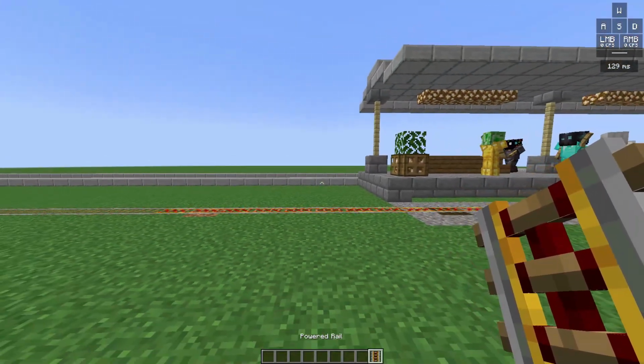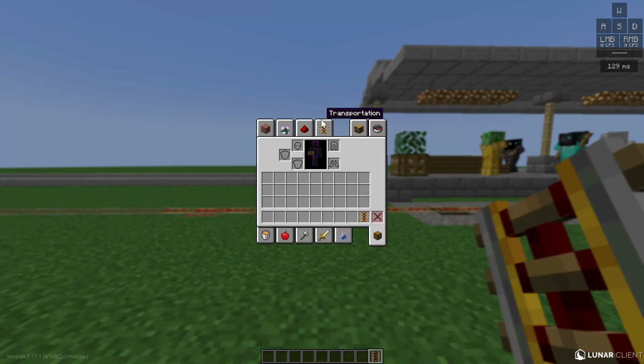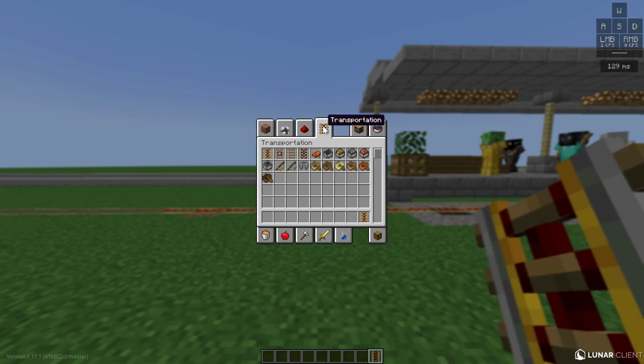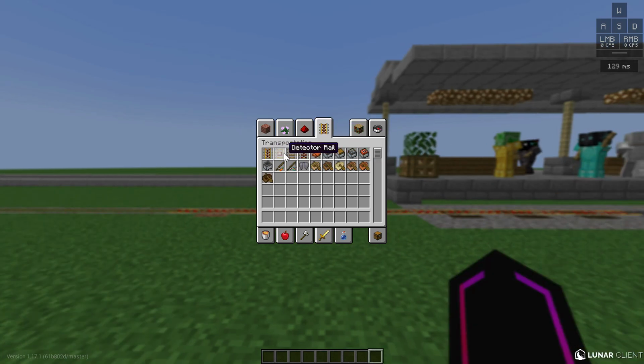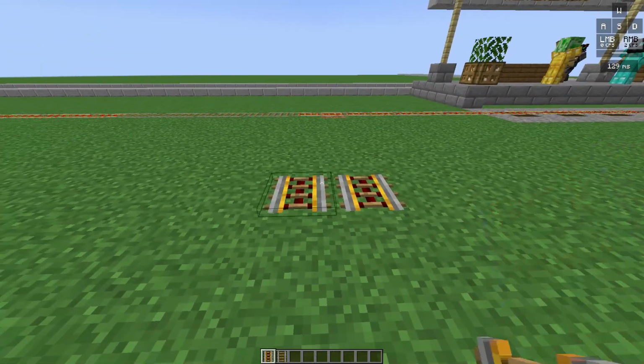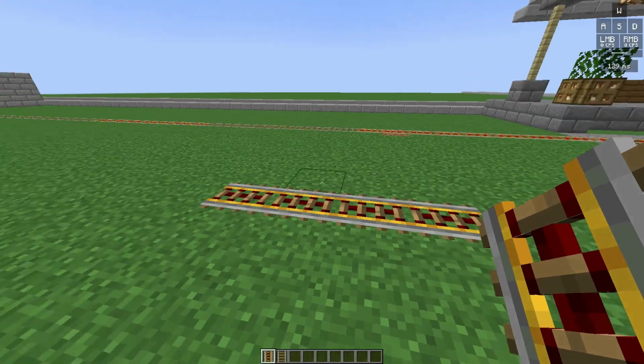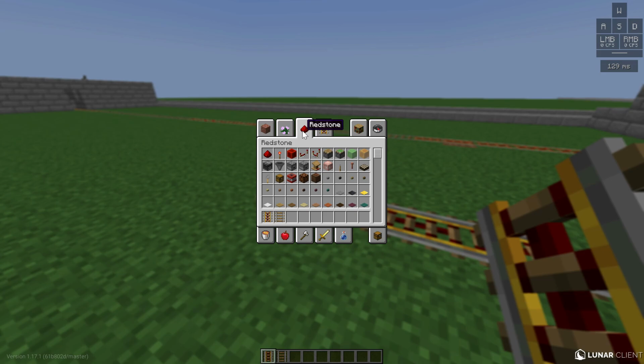So in Minecraft, if you open up the creative menu and go to the transportation section, which you will see over here, you can find all types of transportation systems. We will be looking at the top row for now. These are different types of rails, but the two we will be using in this video are the powered rails and the normal rails. Now what powered rails do is that you can place them and you can power them to speed up your train. So the different ways you can power them, if you go into the redstone section, is using blocks, torches, but what I like to use are levers.